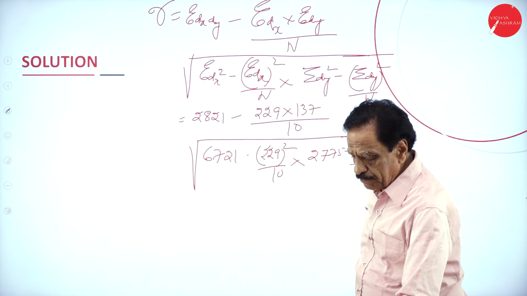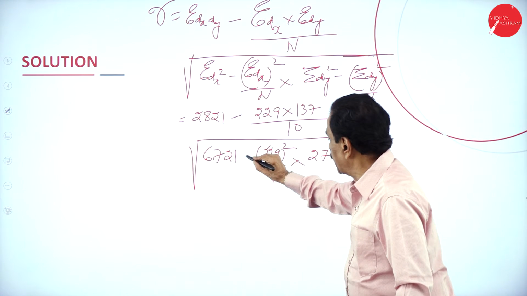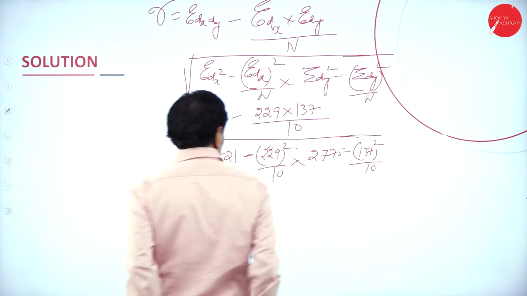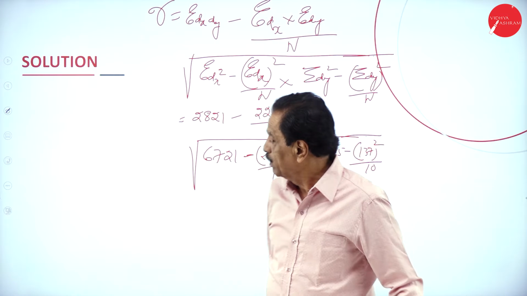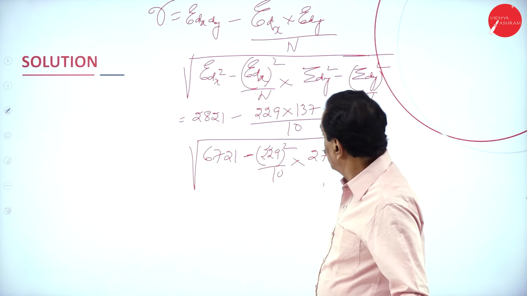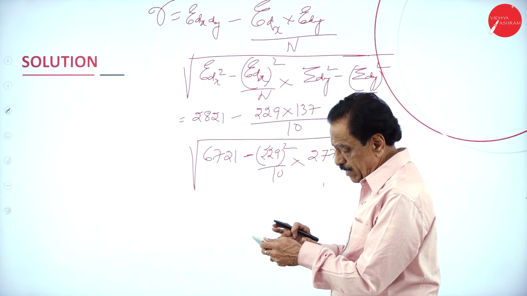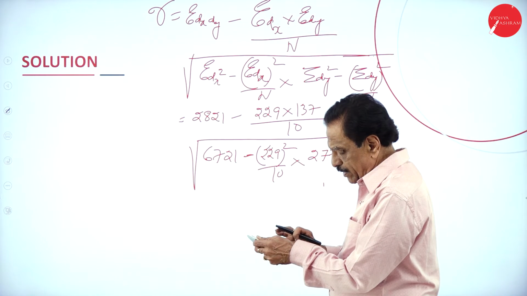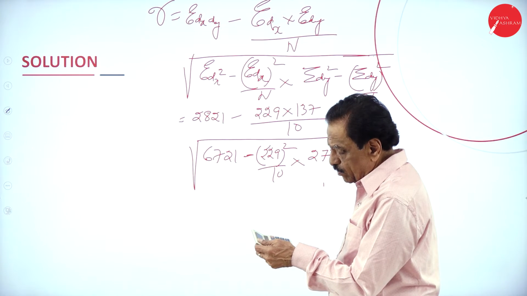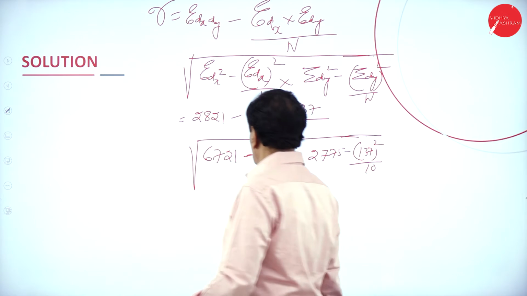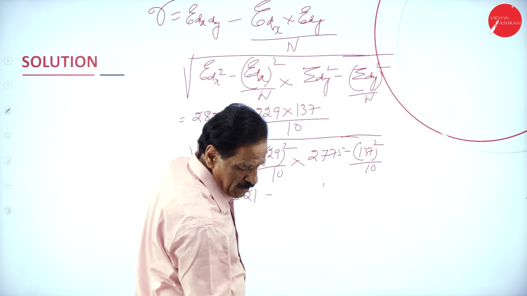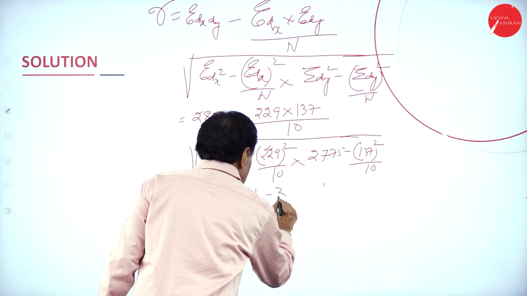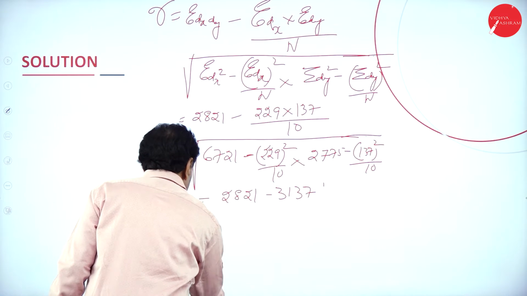So I applied the numbers: 6721 minus 229 whole square divided by 10, 2775 minus 137 whole square divided by 10. We'll simplify this. 229 into 137 divided by 10, 3137. 2821 minus 3137 divided by root of